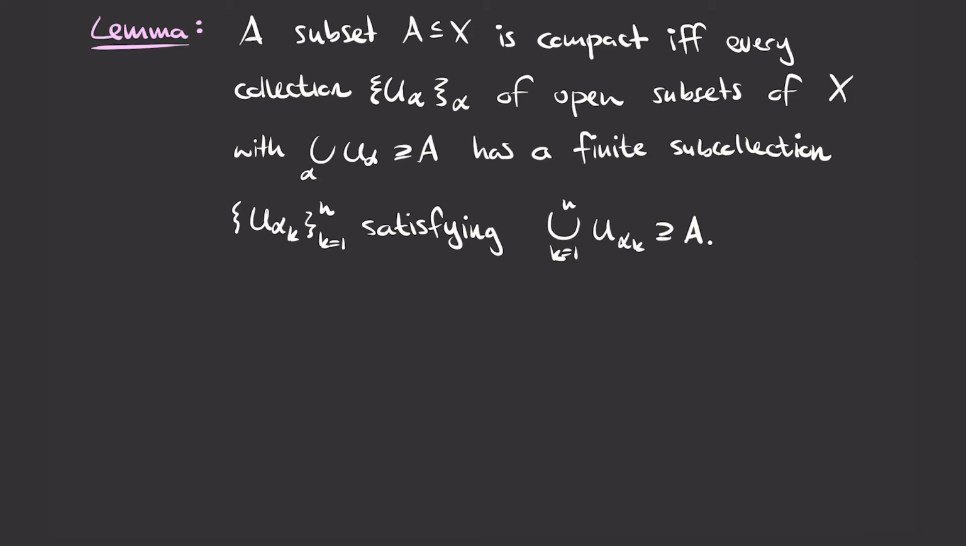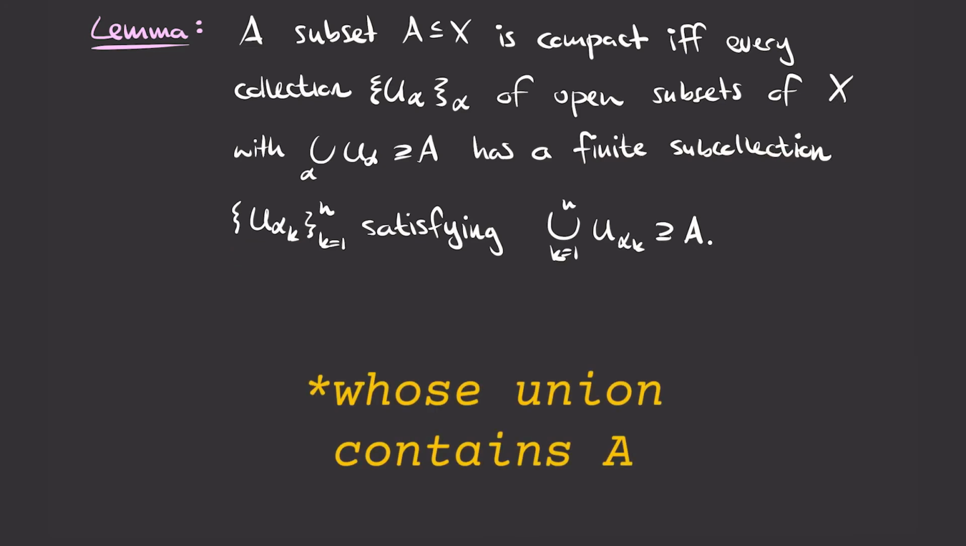And this lemma is basically saying that there's an alternative way to check that a subset is compact, namely the following. It says that a subset A of a space X is compact if and only if the following holds, namely that every collection of open sets U alpha of the space X that satisfies that A is contained in the union of these U alphas. So we can think of this condition here as saying that these U alpha cover A in the sense that, well, A is contained in their union. So if every such collection of open subsets has a finite subcollection, U alpha k, that still contains the set